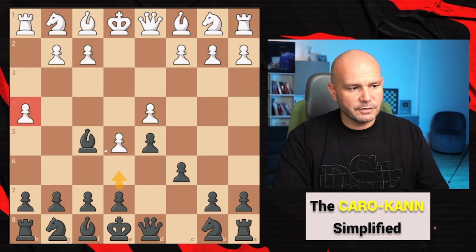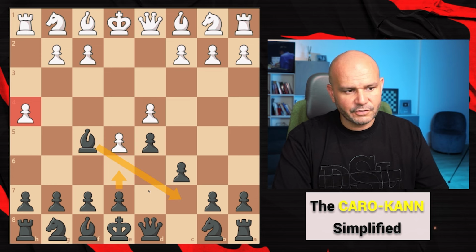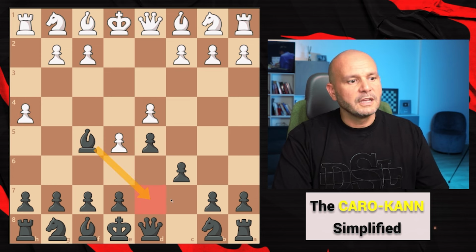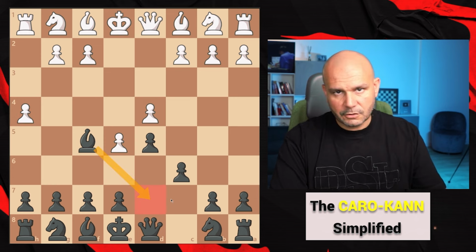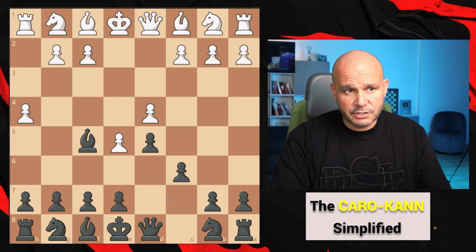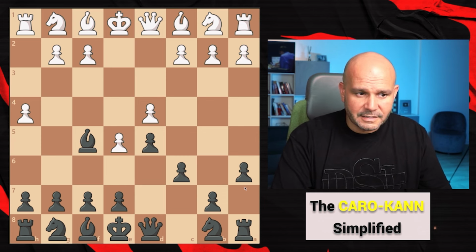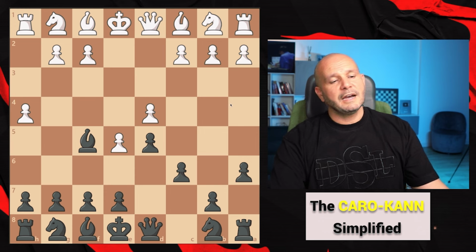Don't close your bishop, so your bishop actually, when you don't play this move, can always actually come back, okay? So you want to keep this option. And what I like to play here is this move, a6. I think that's a very